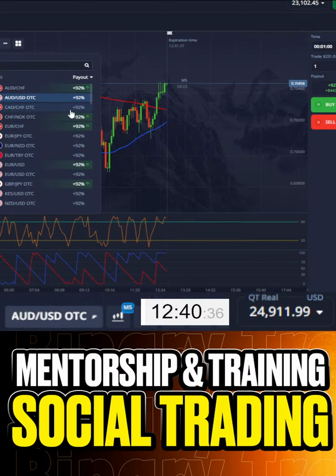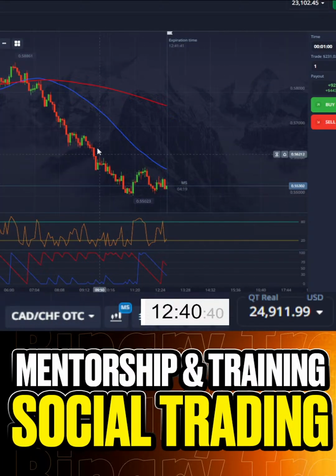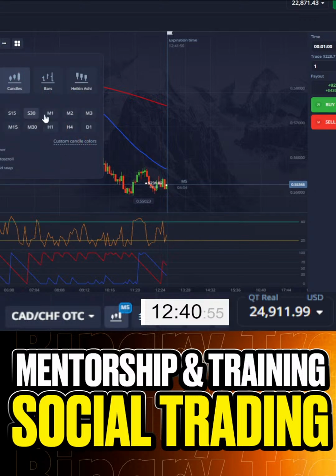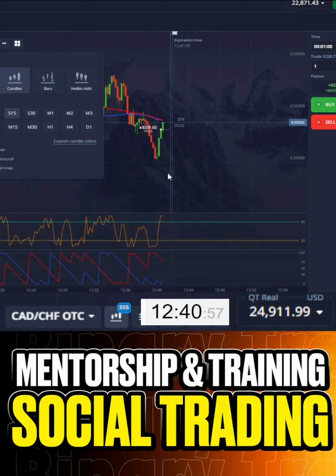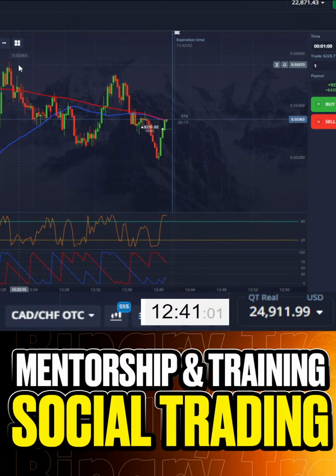Let's find the best situation with the best trading pairs like this. M5, we have a strong level, we are going for a buy, alright? Why so? Because this is a strong level. We can see the first pullback, second pullback, and right now we also have a pullback. Let's follow our trend on S15 like we did all the time.